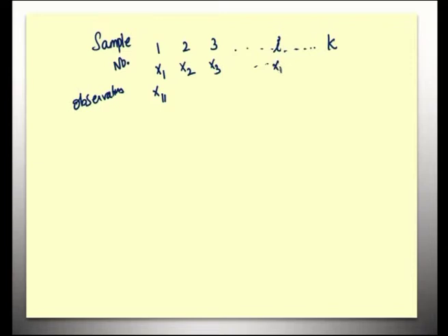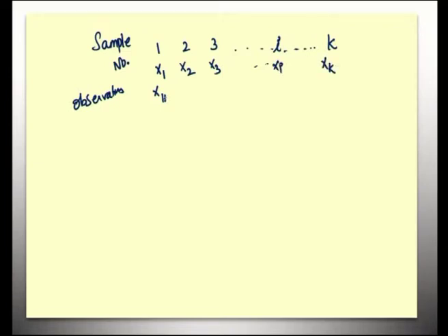What we actually mean is just take the sample number like this: sample number is 1, 2, 3 up to k. In between we have the ith sample, and the sample observations. Sample 1 will be represented with the variable x1, then x2, x3 up to xi, and the kth sample is xk.